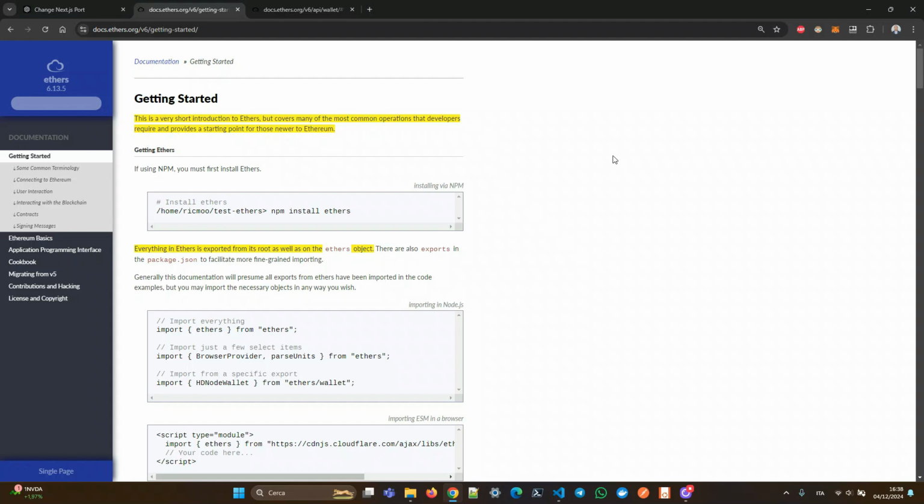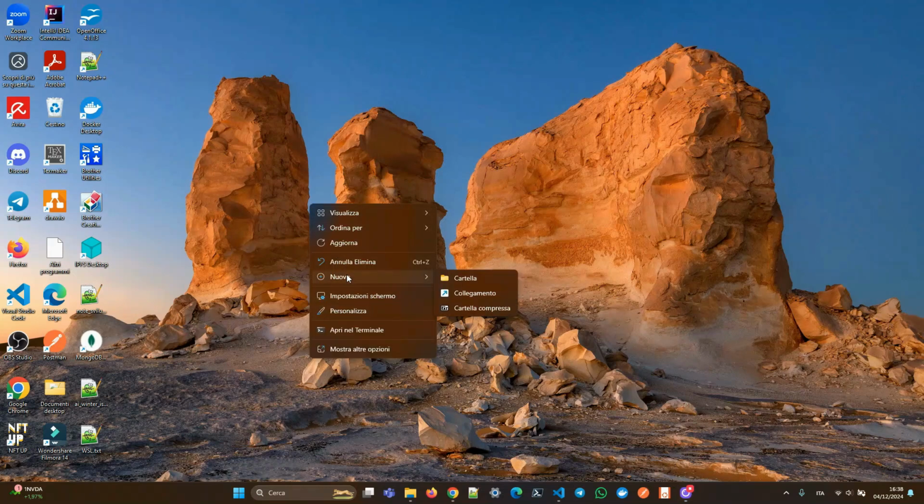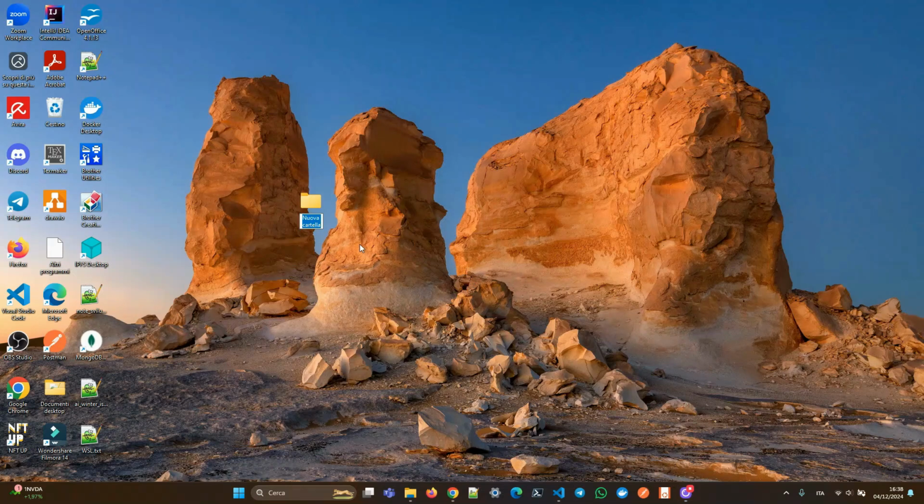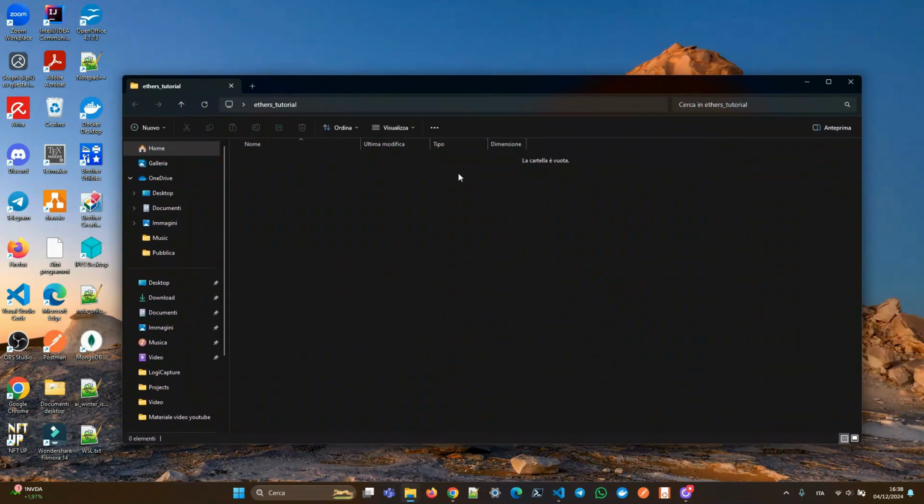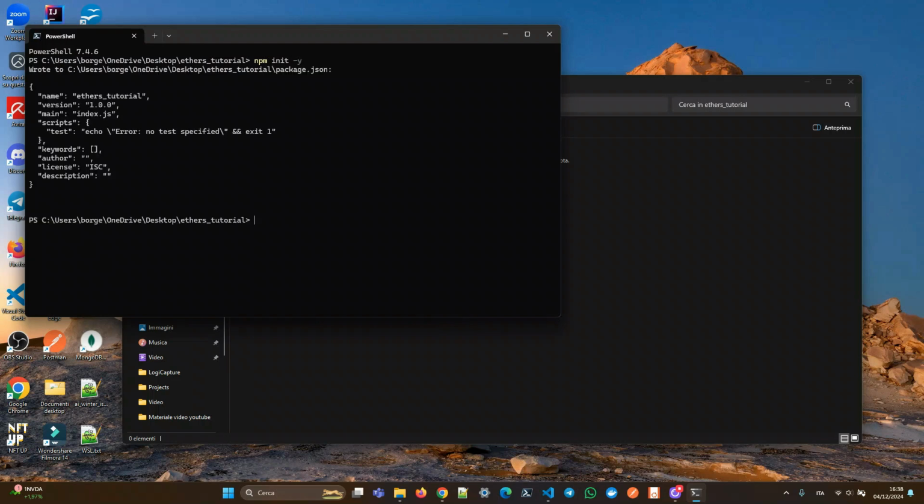So the first thing I will do is to initialize the repository. Let's create a new folder, Ethers tutorial. Okay, so let's open a new terminal here. Let's start a new node application, npm init -y. Okay, so this way we have created a new